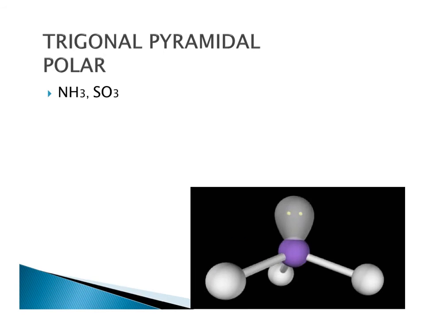Now, in this situation, we have one very similar to the one we just discussed. However, there is some slight difference. So again, I'm going to use NH3 as an example. So N goes in the middle, and H goes on the 3 outside. Now, however, there is a lone pair of electrons still outside here, and we can see that right here. And so as a result, remember that anytime there's a lone pair in the picture,